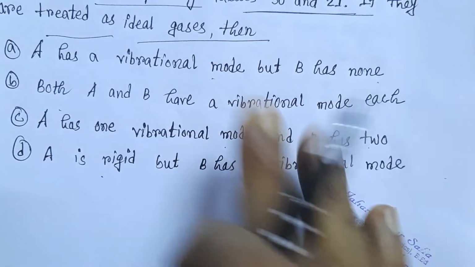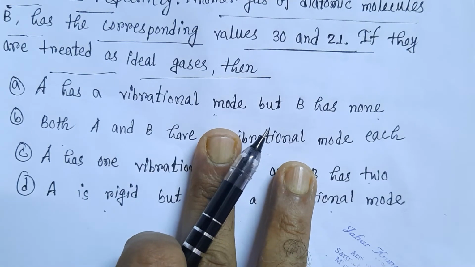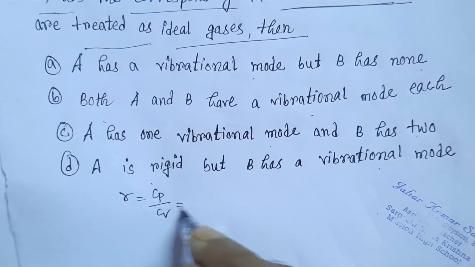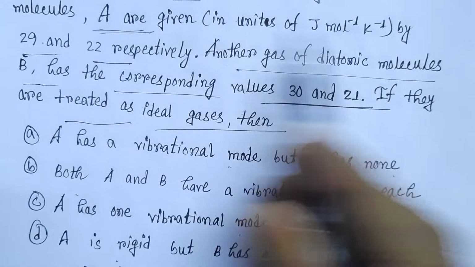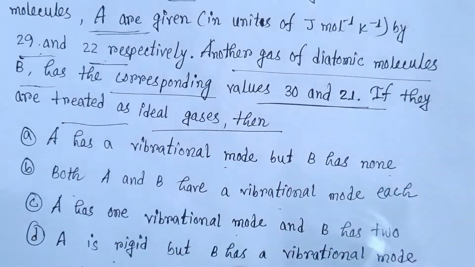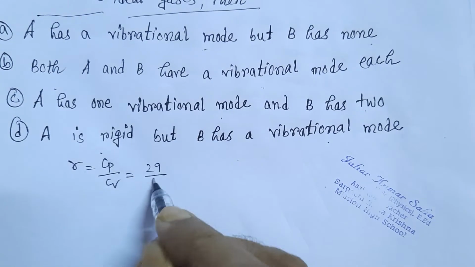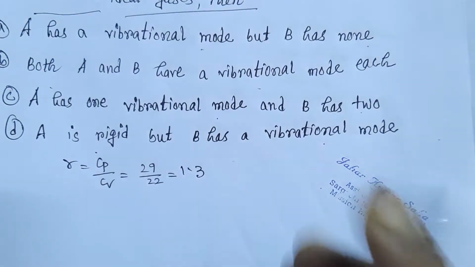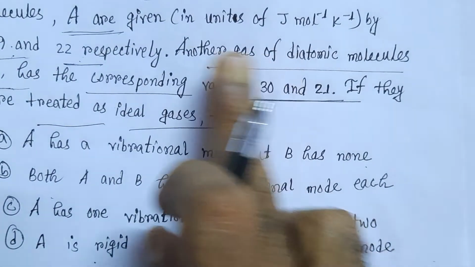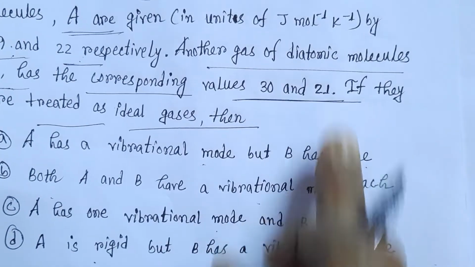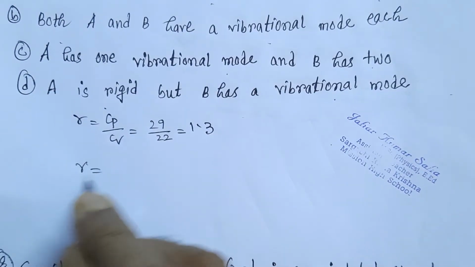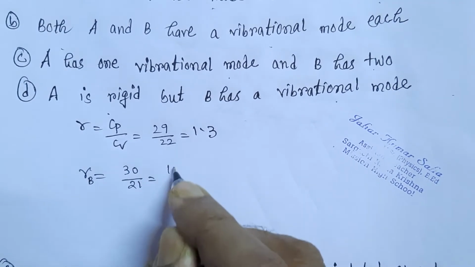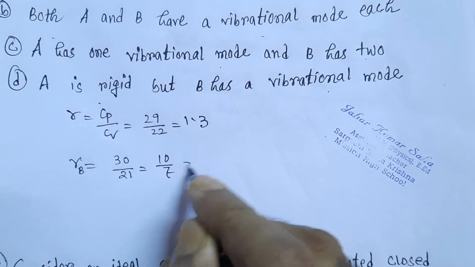Whether vibrational mode is present or not, we have to treat it through gamma. For A, gamma equals Cp by Cv. From the question, Cp is 29 for A and Cv is 22. So the ratio is 29 by 22, that is your 1.3. And for B, it is 30 and 21 respectively. So for B, gamma B equals 30 by 21, that is 10 by 7, nearly 1.4,